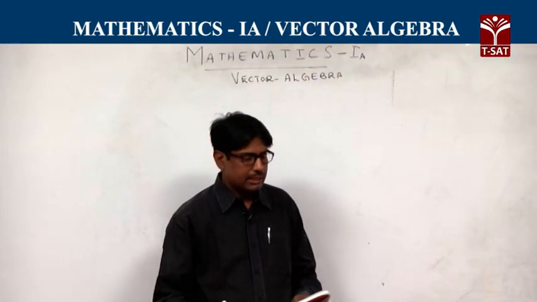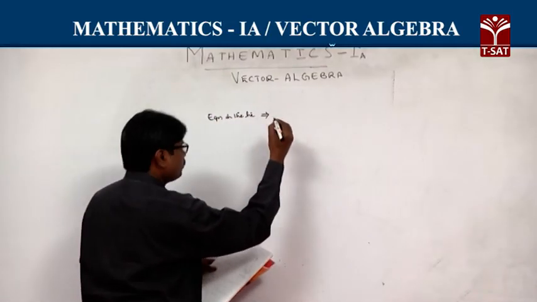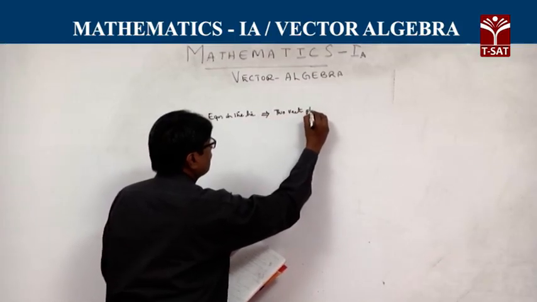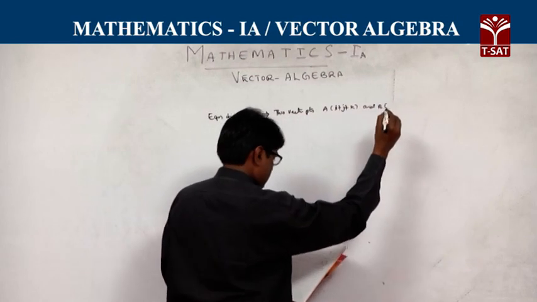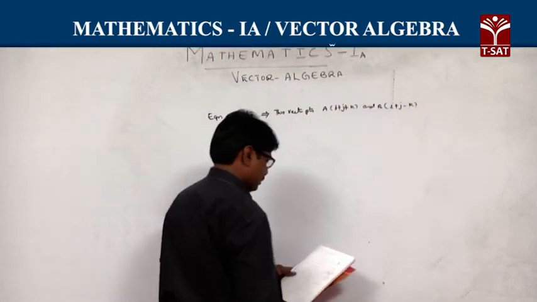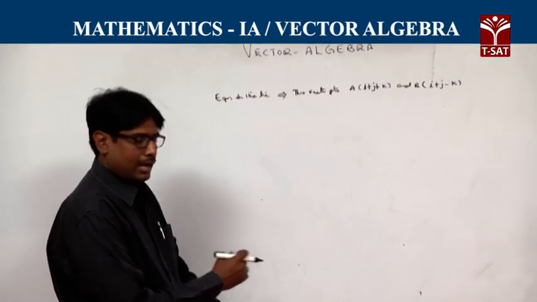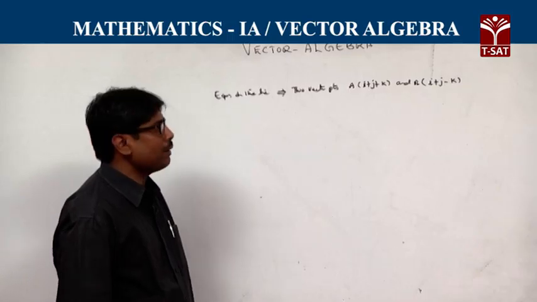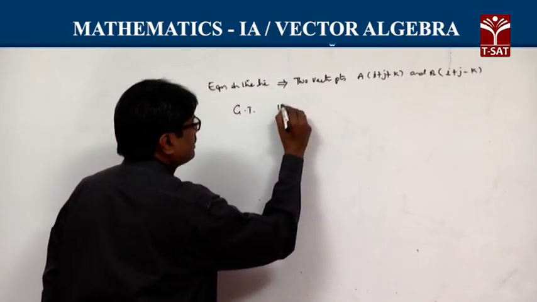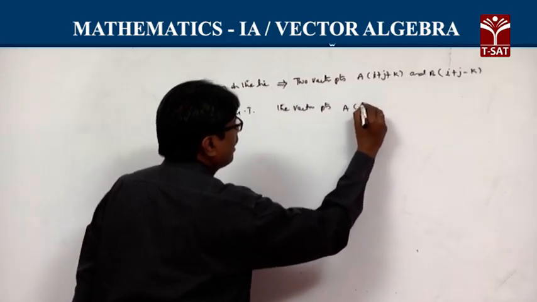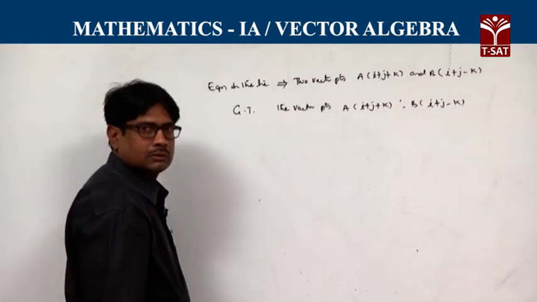Find the equation of the line passing through two vector points a, i bar plus j bar plus k bar, and b, i bar plus j bar minus k bar. Given that the vector points are a, i bar plus j bar plus k bar and the point b, i bar plus j bar minus k bar. First you assume